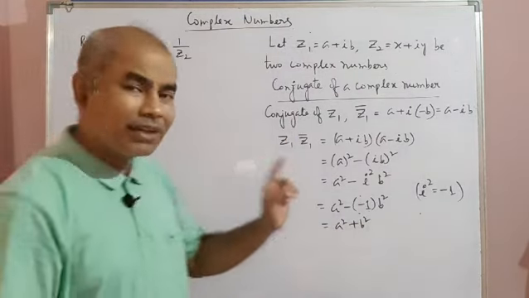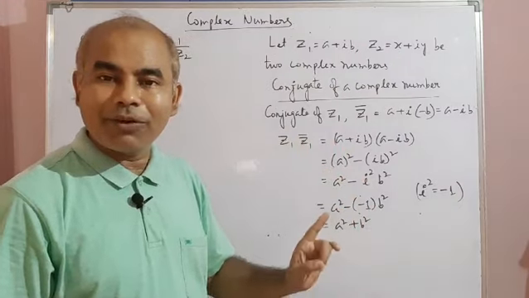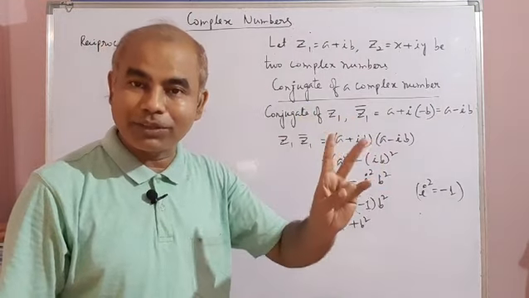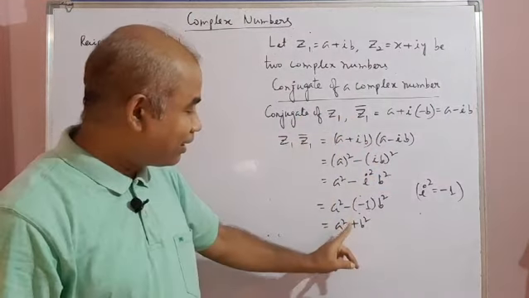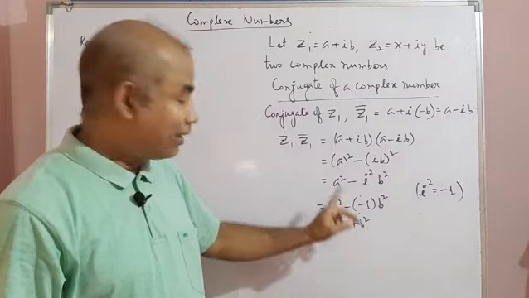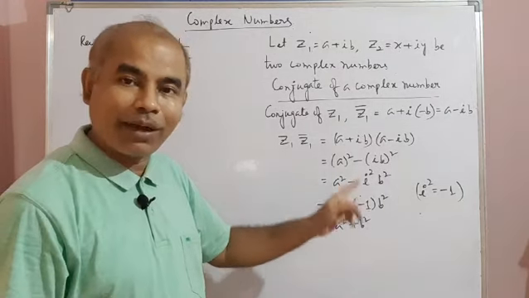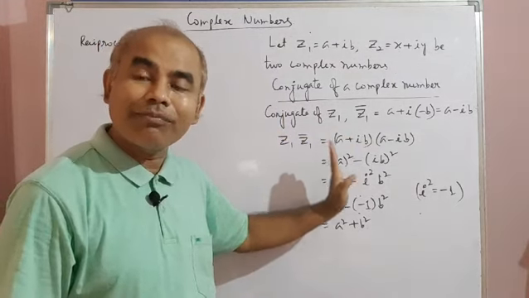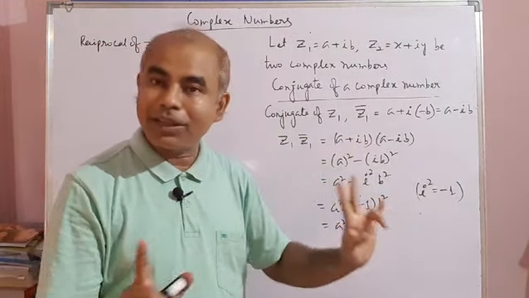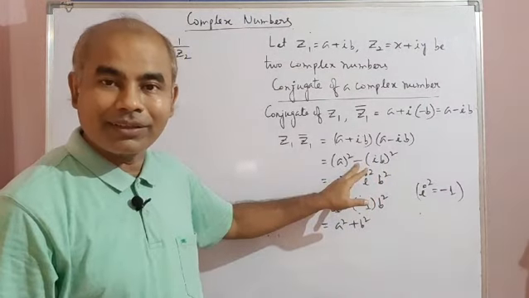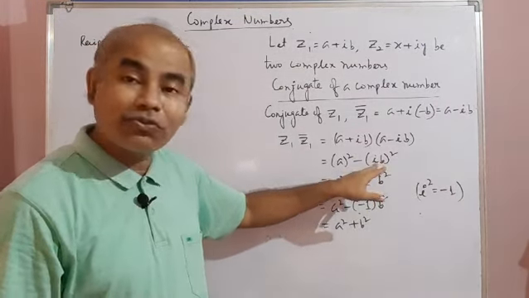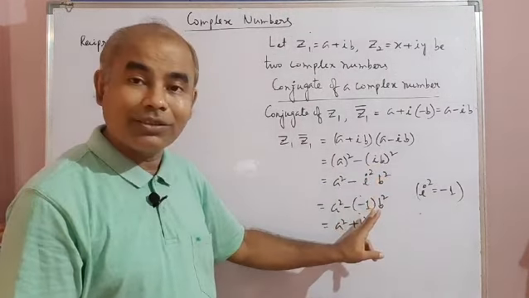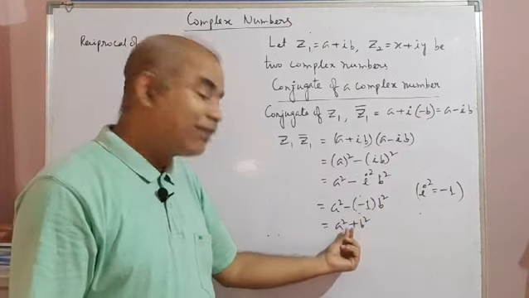Now generally as students we have a confusion that as the identity is x plus y into x minus y equal to x square minus y square, the sign is minus, then why is this sign plus? This sign is actually not plus, it is also minus. Here the first term is a, the second term is ib. So square of the first term minus square of the second term according to the identity. So initially I put the minus sign. But when I find the square of the second term, it is i square and b square, and that i square is equal to minus 1. So on putting the value of i square, this sign becomes plus.